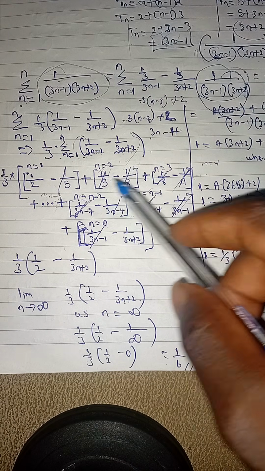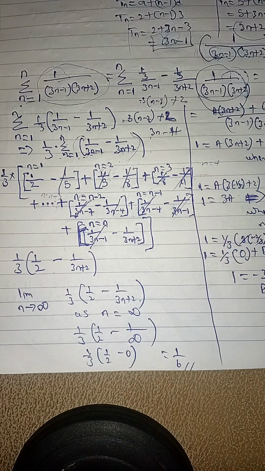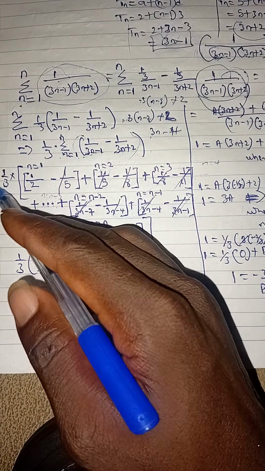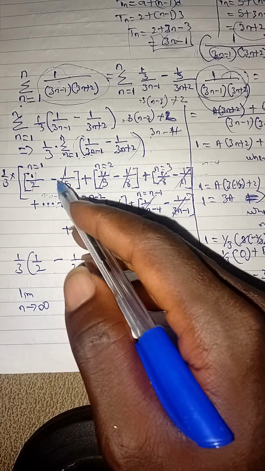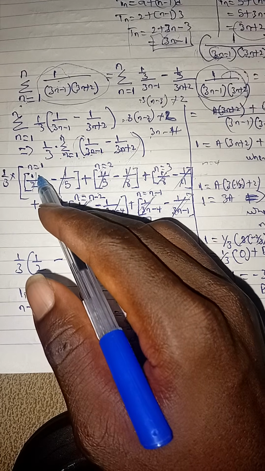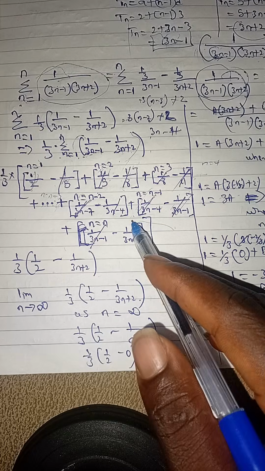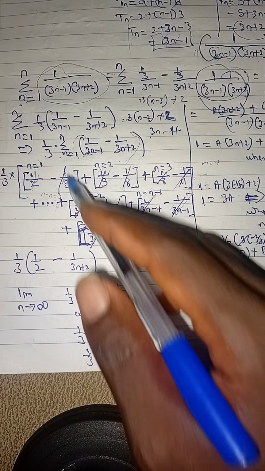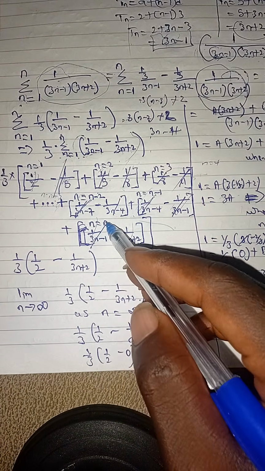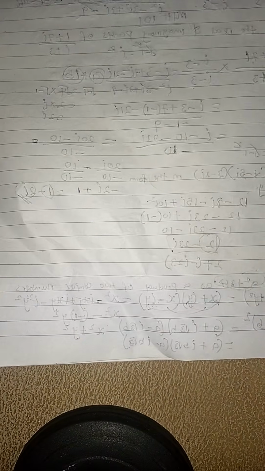So since everything will go, what cancels out is the second term, right? Also, if somebody is coming from this side, this is number 1, this is number 2. I'm not talking of n is 1, n is 2. This is the number 1 thing you will see, this is the number 2. If you're also coming from this side, this is the first one you will see, this is the second one. So if the second one cancels here, the second one will also cancel here. So you have this one left. Now let's come back to this.